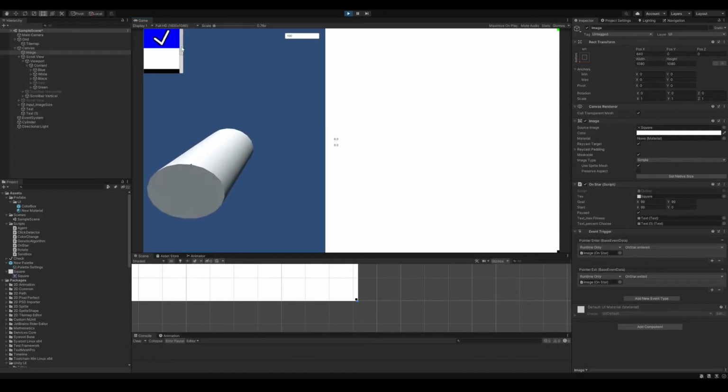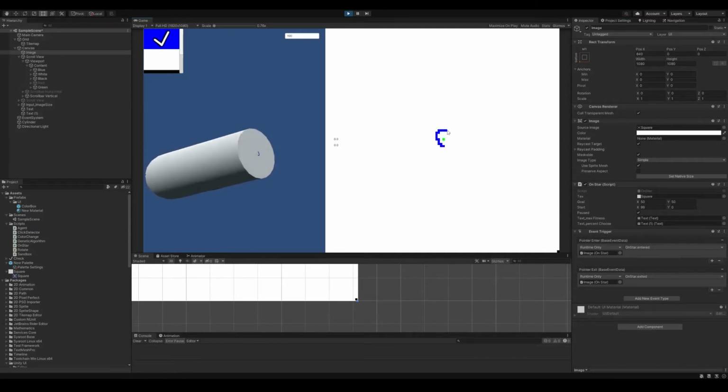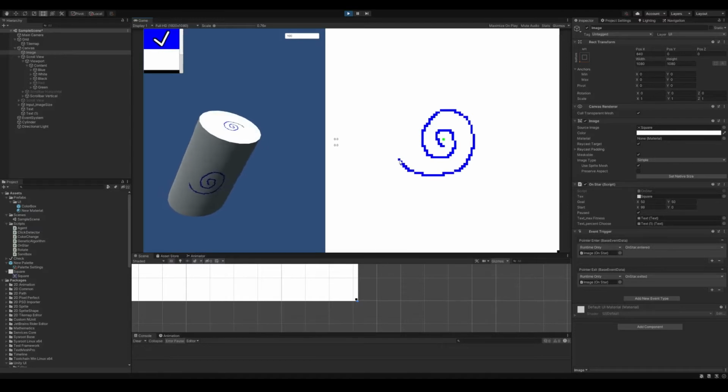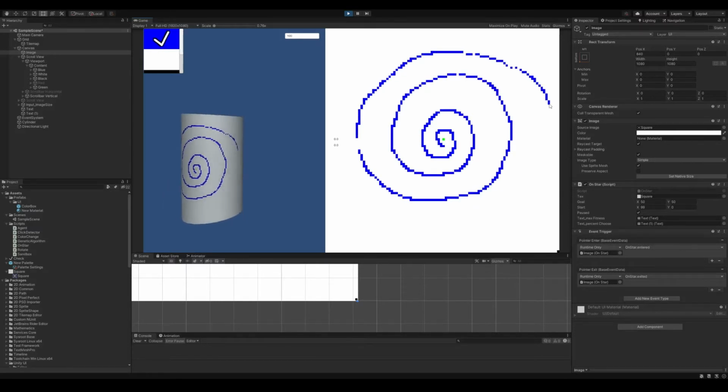Oh, right. I was going to show that can be moved. So, as you can see here, we can move the goal around. I want to try to get it pretty much centered. There we go. It's close enough. And then walls. And then just to make sure that the spiral is